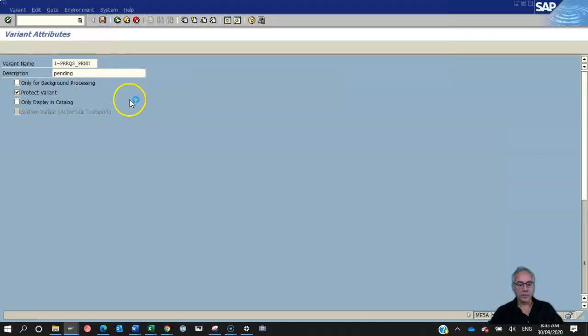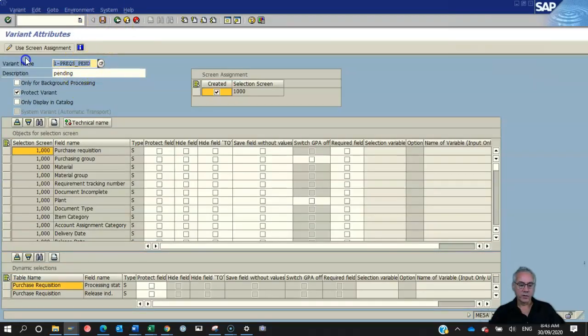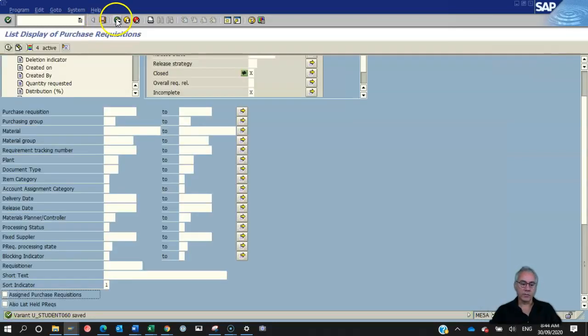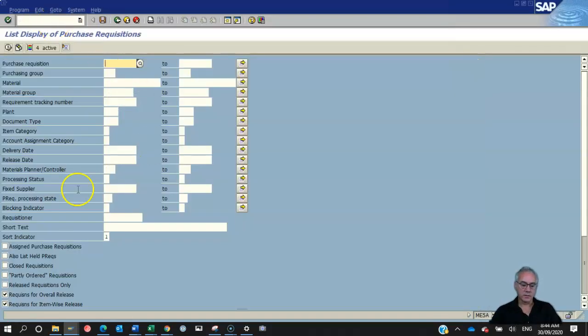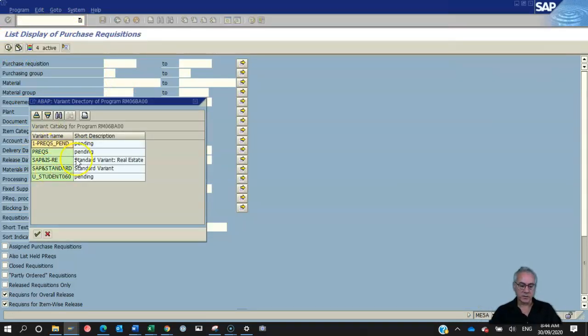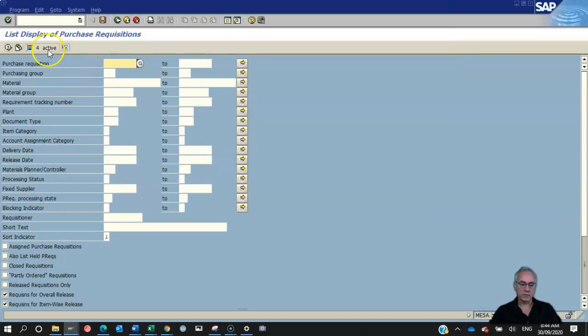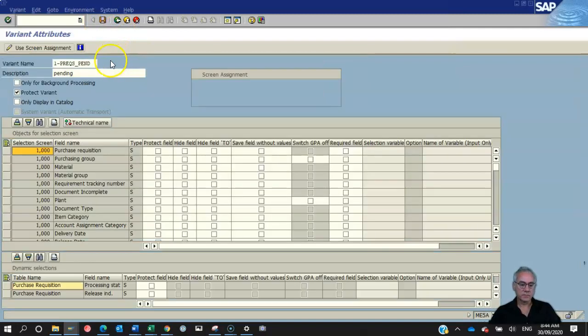One problem with ME5A is that when you go into this transaction, even if you save something as a user variant with U_ and your username, it won't default. Like when you go into ME5A, it doesn't load your default. You have to go get it. It's not a big deal, but it's just something you have to be aware of. So this is the one I made that has those active variables. And save that change